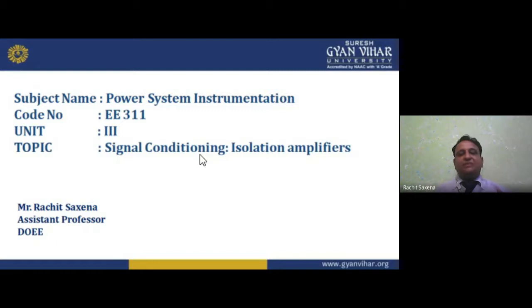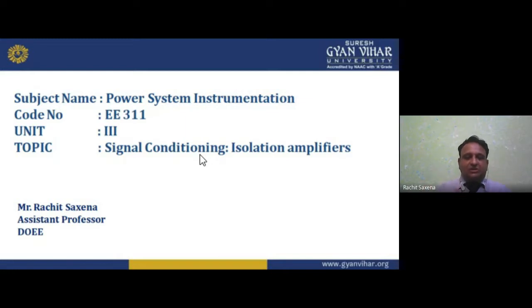In a differential amplifier, three amplifiers are there, 1, 2, and 3. One op-amp, two op-amp, and three op-amp. So the outputs of two op-amps will be the same, but the difference we will get from the differential amplifier. That we will get in the output, and that is the differential amplifier. Basically, how the differential amplifier works. Now, this is the whole of my previous lectures.